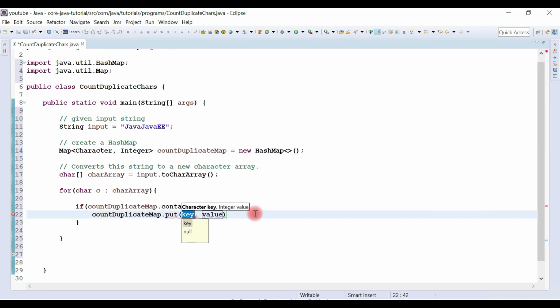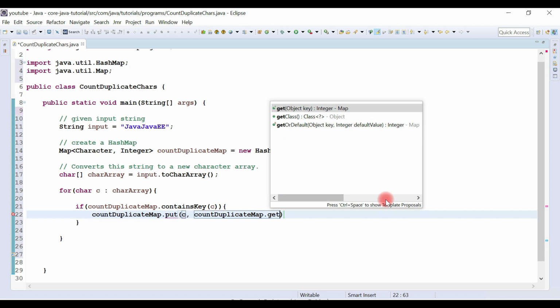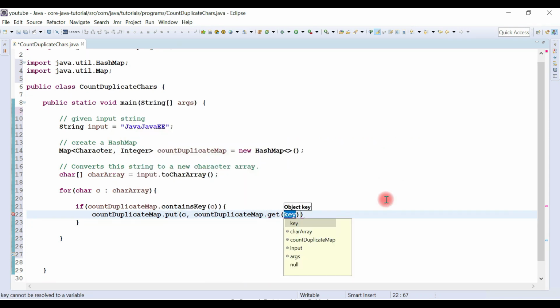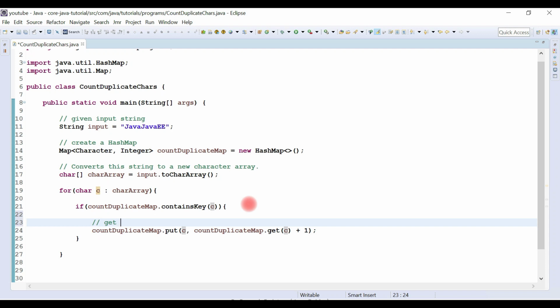If it is present, then what we'll do, we'll simply put the character and its count. So to get its count, we are going to use the get method, and here we are going to simply pass a key and then increment by 1. Alright, get value by key and increment its value by 1.